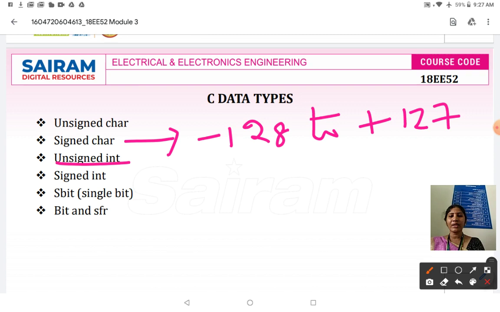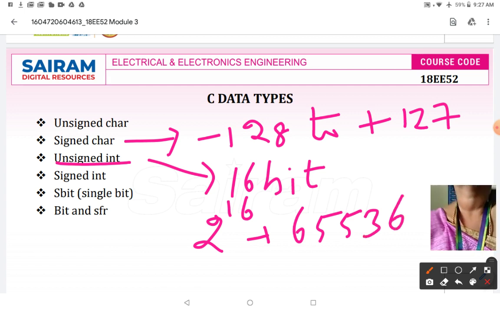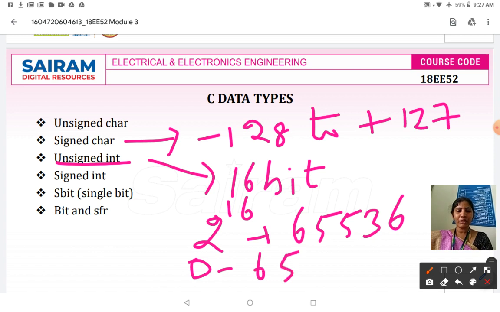Then unsigned int. Unsigned int is 16 bit. The size of the unsigned int data type is 16 bit. If you take 2 power 16, you will get 65,536. It means that we use it from 0 to 65,535.